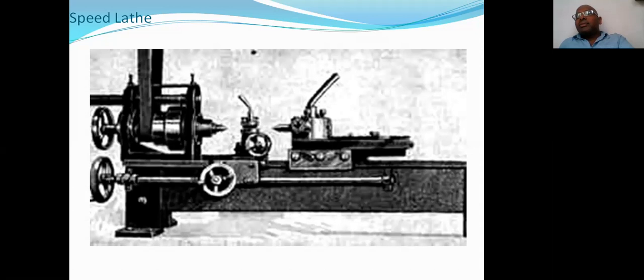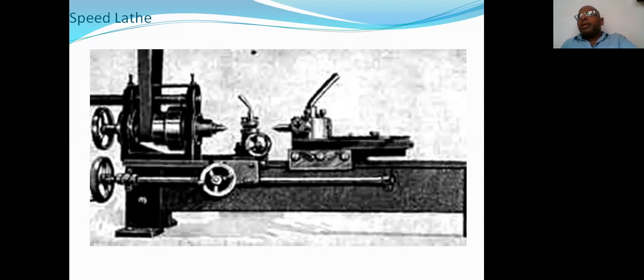In some cases, if the material is too hard, even wearing of that particular cutting tool takes place. In addition to that, there are some chances of breakage of the cutting tool also. That's why remember, in any machining operation, not only this particular lathe machine, if that particular material is hard, the cutting speed should be less.